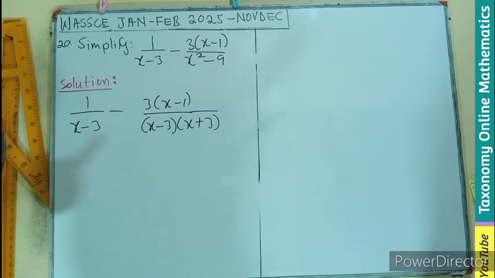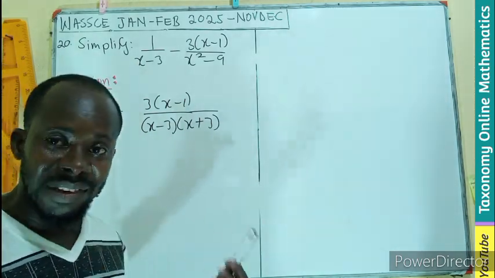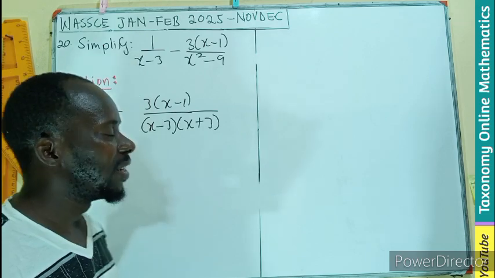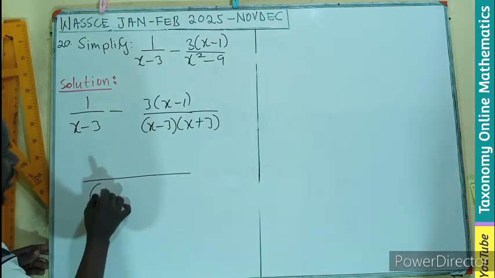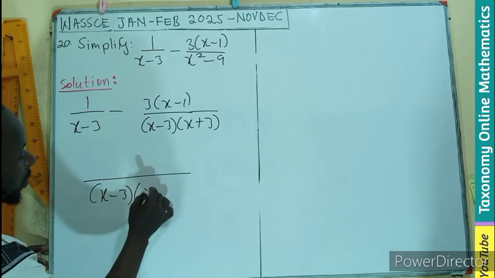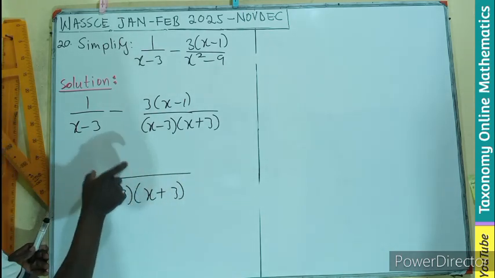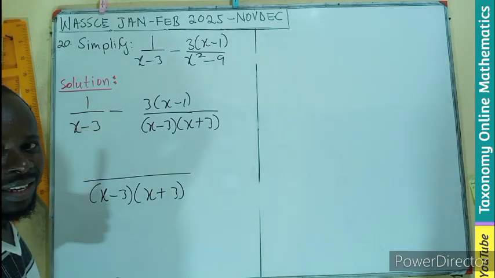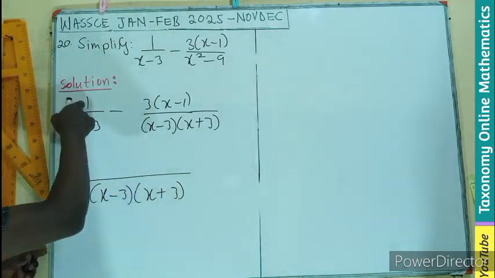Now what do we do? We look for the LCM. The second fraction's denominator has everything that the first fraction's denominator has. So your LCM is going to be x minus 3, x plus 3. So therefore, this denominator will be divided by x minus 3. Division, it will cancel itself, remaining x plus 3 times 1,